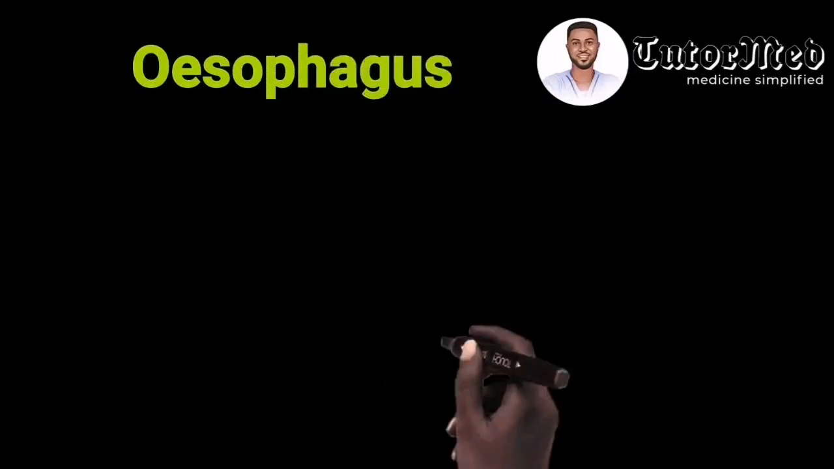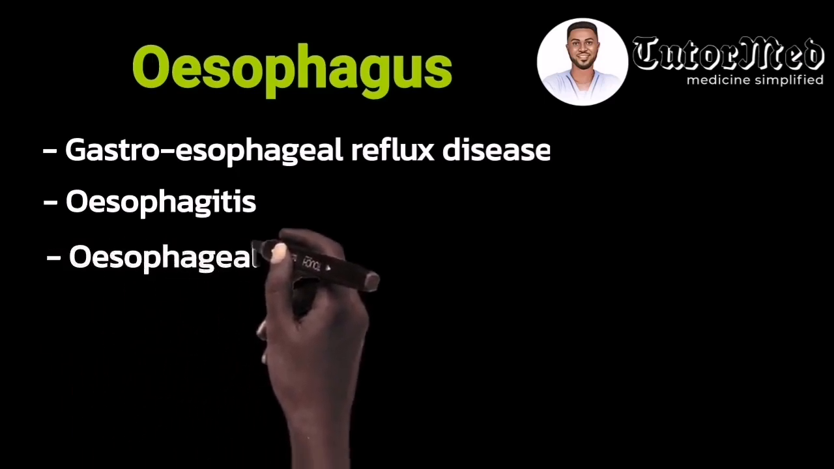Let us now turn our attention to the differential diagnosis from the esophagus. It could be as a result of gastroesophageal reflux disease, oesophagitis, which is the inflammation of the esophagus, either from the acid reflux or from infections like candida, known as candidal oesophagitis. It could be due to esophageal spasms,